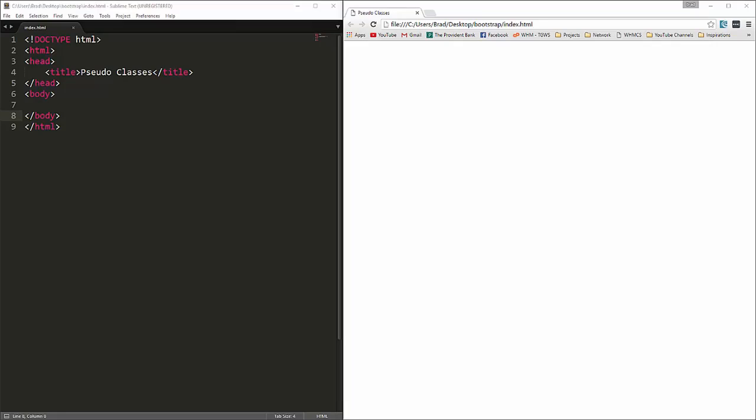Hey guys, in this video we're going to talk about pseudo classes and pseudo selectors. So a pseudo class is used to define a special state of an element. Okay, and we have pseudo selectors where we can specify things that aren't so prominent, like a class or an ID. So we're going to start with a link, an A tag,